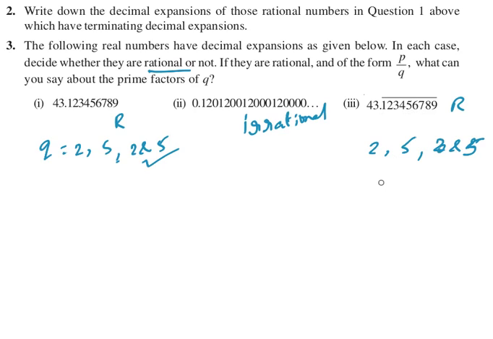Here, along with this, 3 or 7, like this, some other prime numbers will come. So only this type of decimal expansion is a repeating pattern. Even though it is a rational number, we are getting a repeating pattern. Why? Because along with 2 or 5, we are getting some other prime numbers also as the product for the number q. Along with 2, 5, we may get 3 or 7 or 11, any other prime number will come as the product.